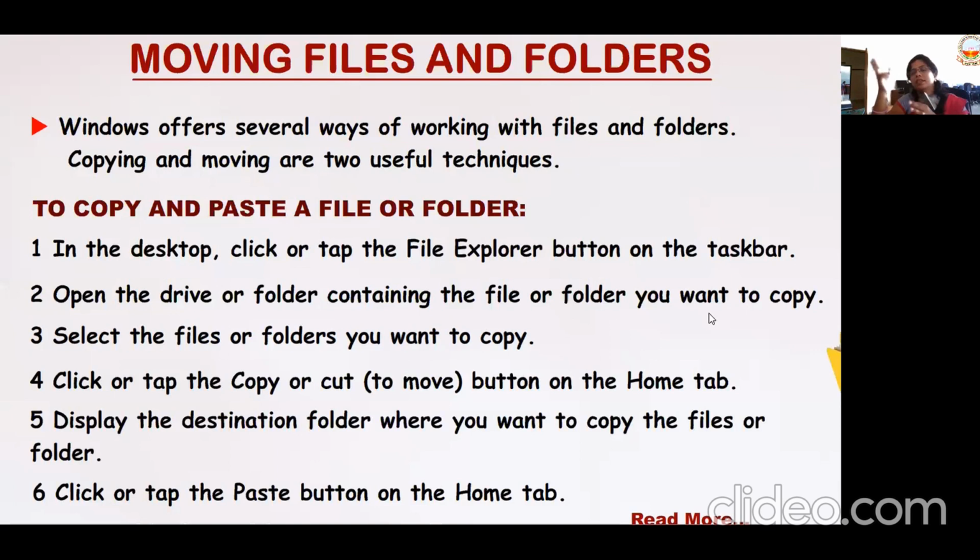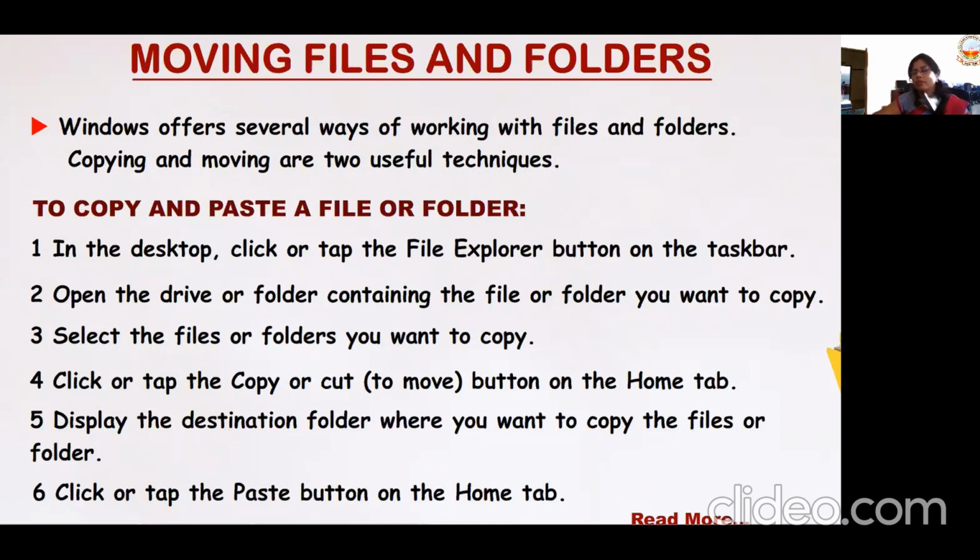Sometimes we keep putting the documents in different files. Why do we do it? For rearranging in a proper way. The same thing happens in computers. Imagine I have saved a file in a wrong folder and I want to bring it to a different folder. Imagine I have saved the social notes in English. So how should I take it out? I have to take it out and put it in the social folder, right?